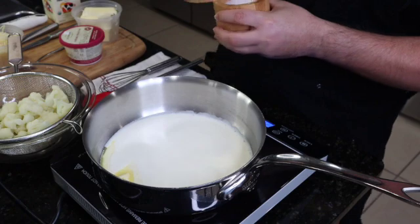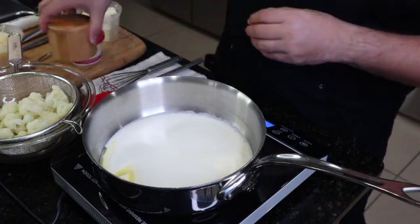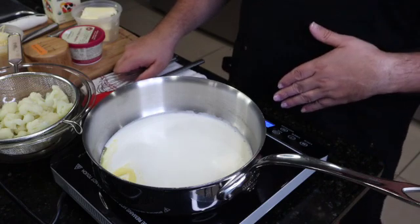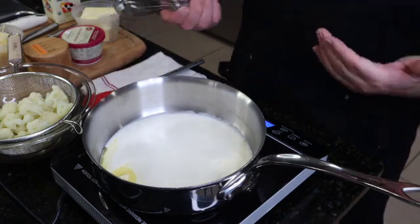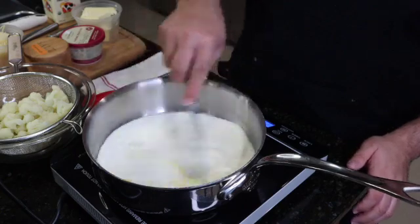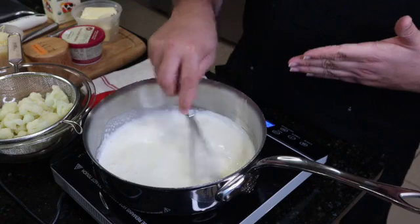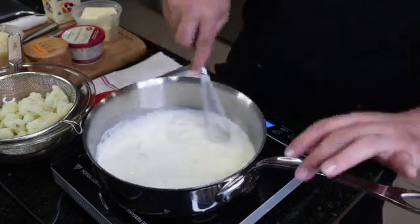I'm going to season, I'll wait till the end. Usually I'd season with some salt, but we're adding cheeses that have additional salt. So let's add the cheeses at the very, very end. I do have a small whisk to help me throughout this process. So you don't want this to boil, because if it boils, it could